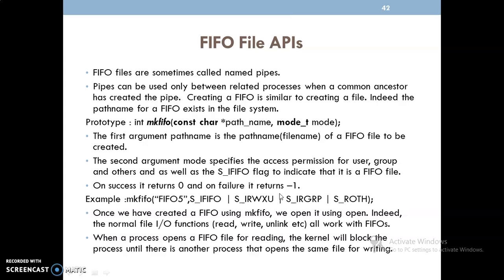When a process opens the FIFO file for reading, the kernel will block the process until another process opens the same file for writing.